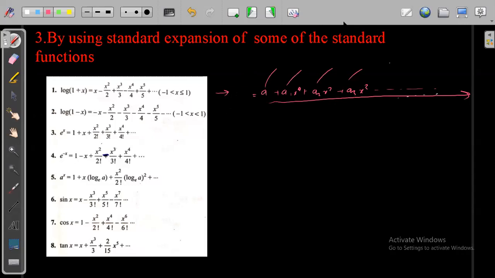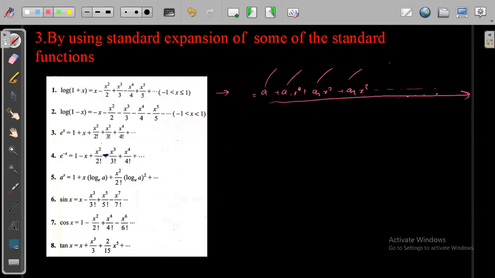Which is easier for us. Polynomial functions are easier for us to represent, to find the derivatives, and to check the limits. Why? Because differentiation of a polynomial is easy, right? Second, if we differentiate, the terms can get removed, and we can simply write in terms of x. Understood? So that is why we need the approximation for these functions